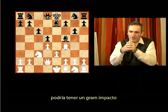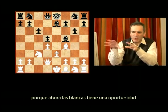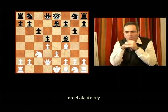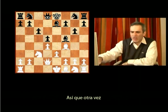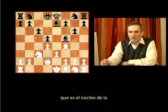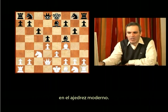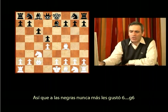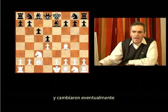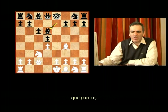could have a great impact on the whole evaluation of this position, because now white has a chance of using these weaknesses on the king side and to create an initiative. So again, that is a very minor detail, but a very important nuance that is the core of opening preparation in modern chess. So black didn't like g6 anymore and switched eventually to Geller's line with bishop d6, which